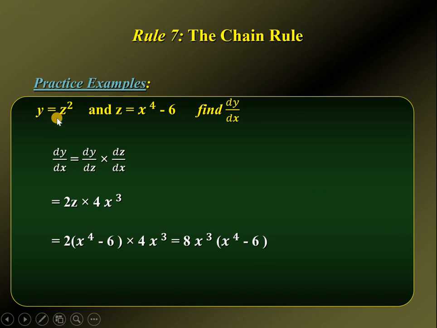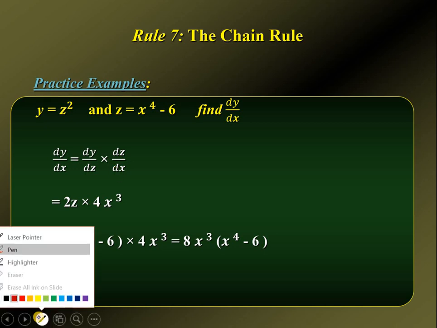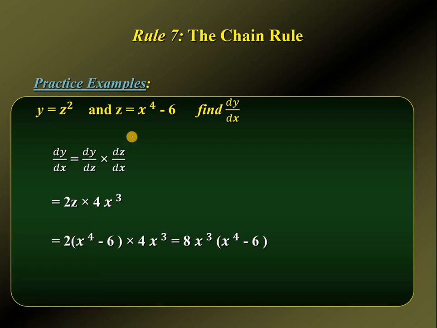Example. If I have y equal z squared and z equal x power 4 minus 6, find dy over dx. Here, it's clear that y is related to z and z is related to x. So I can find the derivative dy over dz and dz over dx, and multiplying dy over dz times dz over dx,